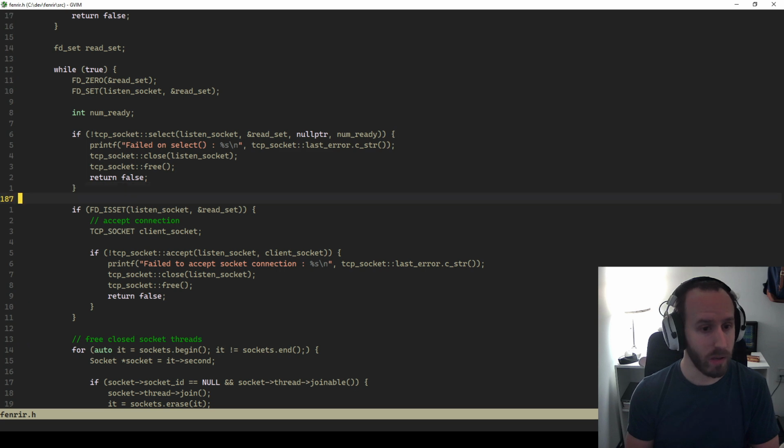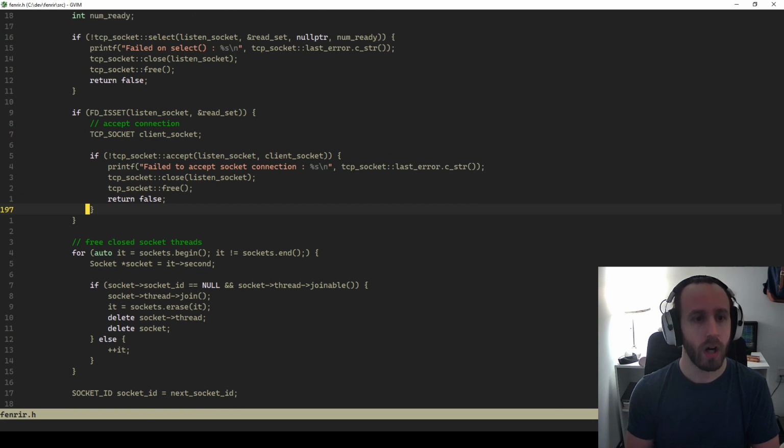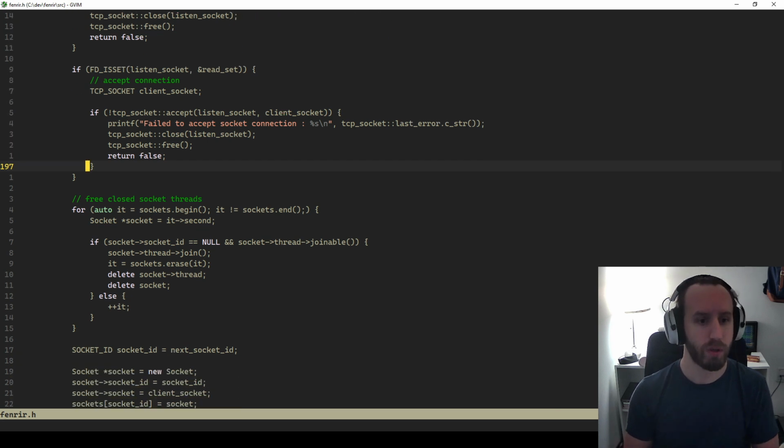Okay, so we do this. Now we accept the connection. We should be good to go. If there's a problem, that's that. Otherwise, we're good to go. We have our new socket. Now,